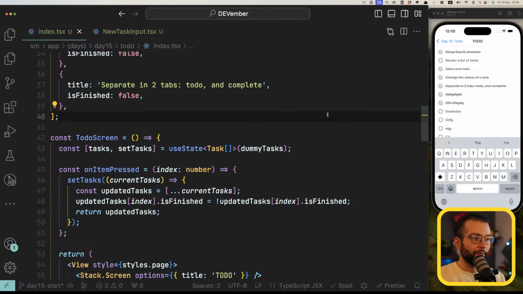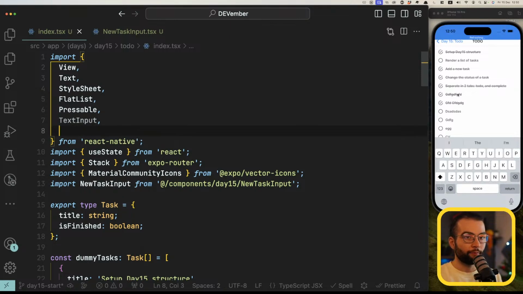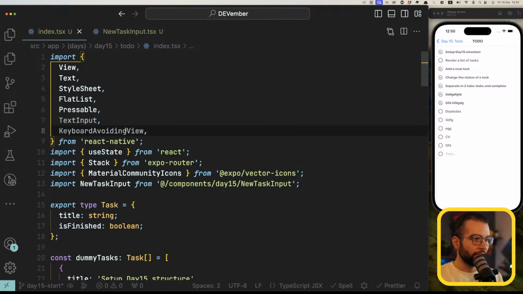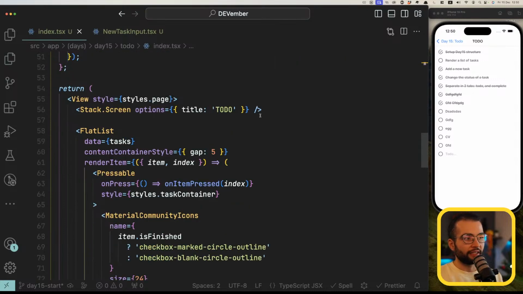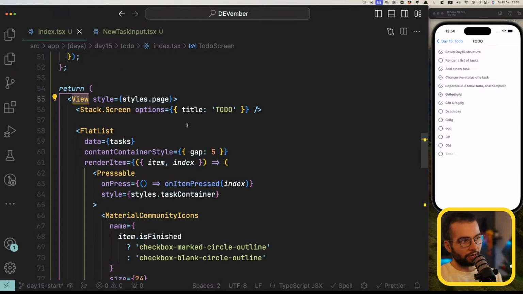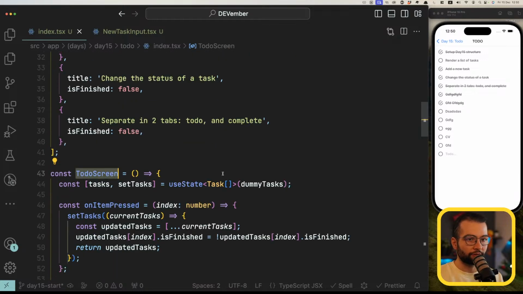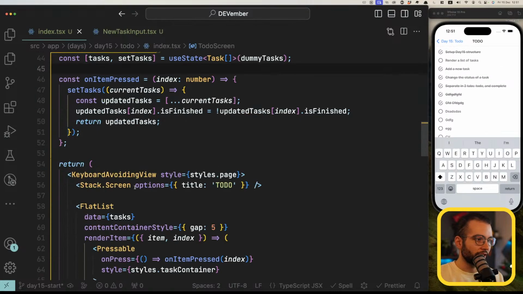So let's go ahead and import this keyboard avoiding view in our page, and let's wrap basically what should shrink as the keyboard appears. I think the whole page. So I will replace the view with a keyboard avoiding view for the root inside our to-do screen and see if it works. No, of course it doesn't,